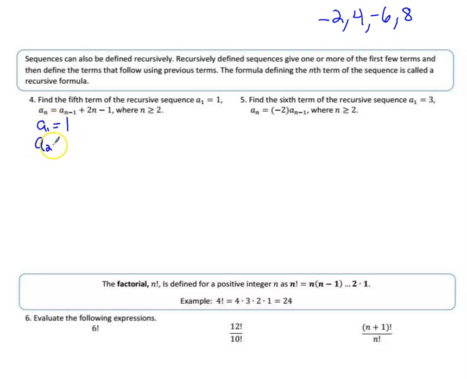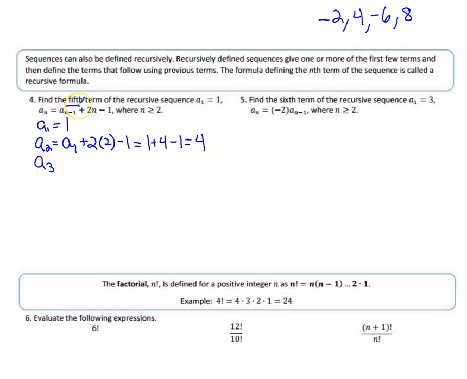So to get the second term in the pattern, a sub 2 is going to be a sub 2 minus 1, or a sub 1, which is the previous term that we had, plus 2 times what n is, and n was 2, so 2 times 2 minus 1. So in this case, a sub 1 we just said was 1, and then 2 times 2 is 4, so 1 plus 4 minus 1 is 4. Well, to get the third term,